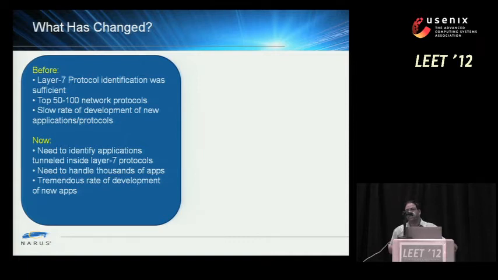So what this means for network operators is that it's not sufficient for them to identify just the protocol. They need to be able to identify the applications running within those protocols. For example, it's not good enough for the operators to know that there is HTTP traffic. They need to know whether there is Angry Birds running inside Facebook, running inside HTTP. The ease of development of applications on this platform means that there are a lot of new applications coming up. And as Engin mentioned in his talk, these new applications could form new vectors for attacks.